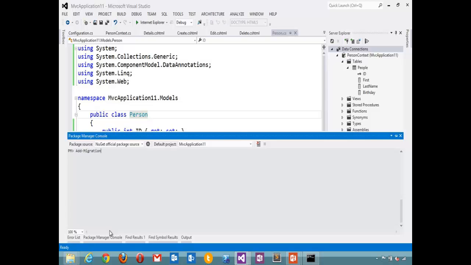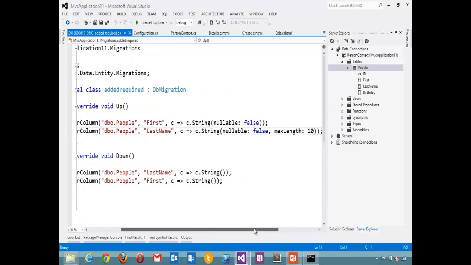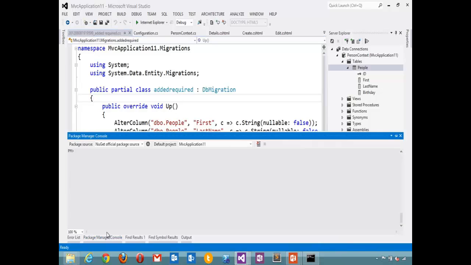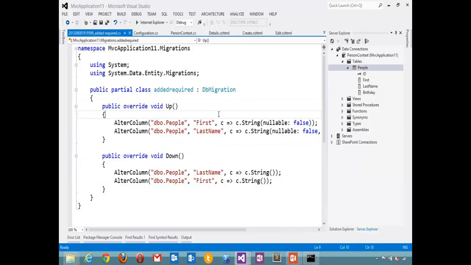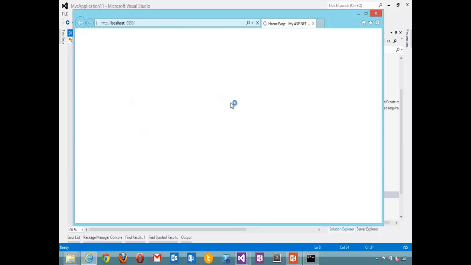Let's go and add a migration. Added required. Here we see first name and last name are no longer nullable, and last name has a maximum length of 10. Now we'll go and update the database, applying those migrations. Those migrations are located here in the migrations folder. I'll run the application,